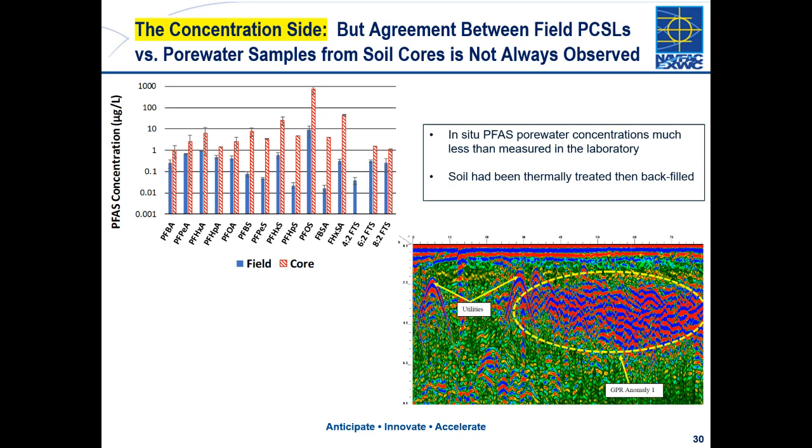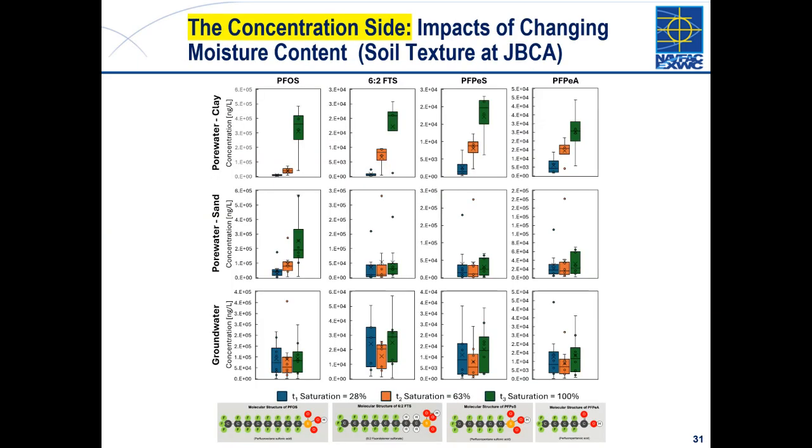And just looking at one other slide as we move to slide 31 here. Here is some lysimeter data in an AFFF source area at a former Air Force facility, and we took 3 rounds of both groundwater and pore water data, and the soil had increasing saturation or increasing wetness. The first round only 28% saturated, then 63, then 100. And as the water table came up a little bit.